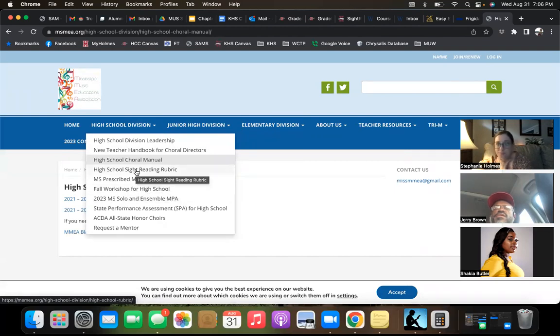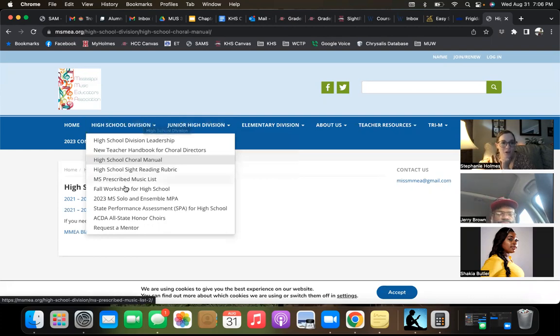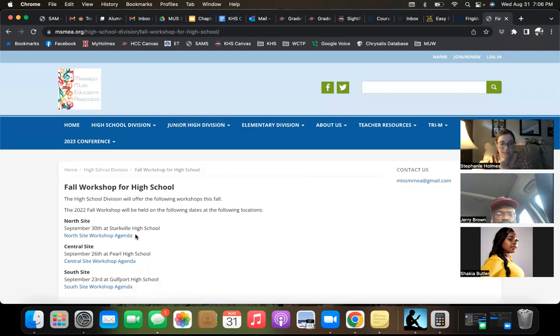It's all on there too. I think the junior high rubric is very similar. I don't know if it's on there. I saw a junior high handbook somewhere the other day. I'll find it and send y'all the link. I just saw it the other day. But the fall workshop for high school is September 30th